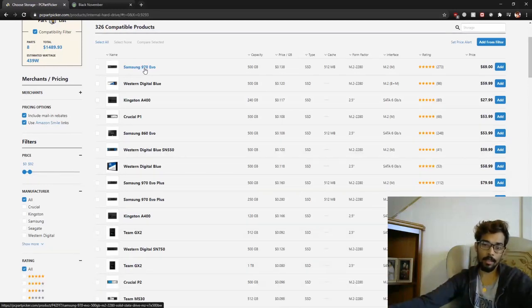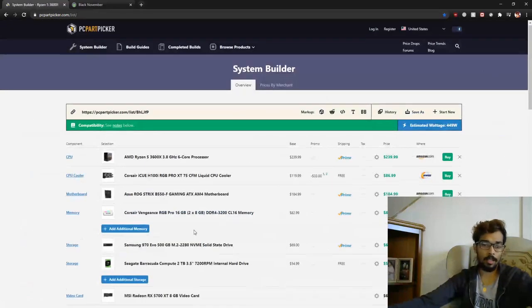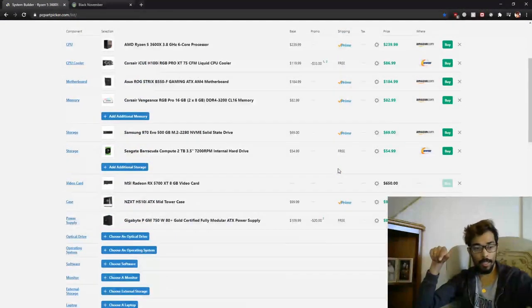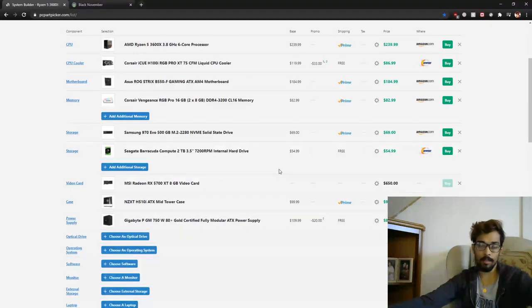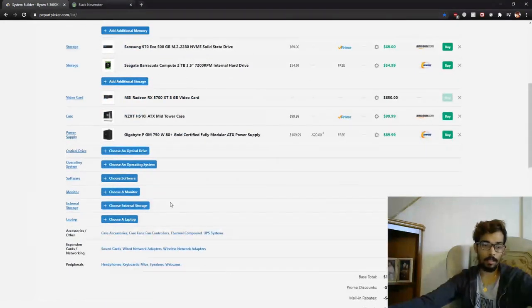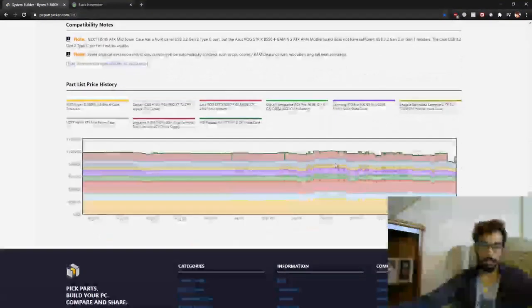Personally, I would like the one that goes onto this side, so it will cost you an extra 69 more, but it's kind of worth it. You're going to make your SSD your normal boot-up drive, and then your photos and things like that are going to be on your 2 terabytes. Personally, I don't need the 2 terabytes, like I say, I already have 6 to 8 terabytes in my PC. So this is the PC build that I'm leaning toward,